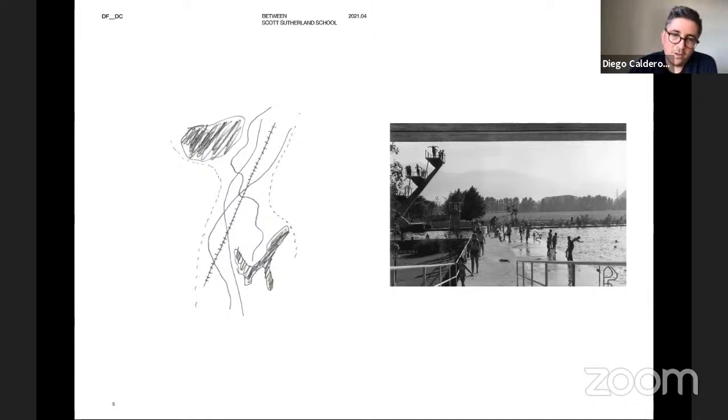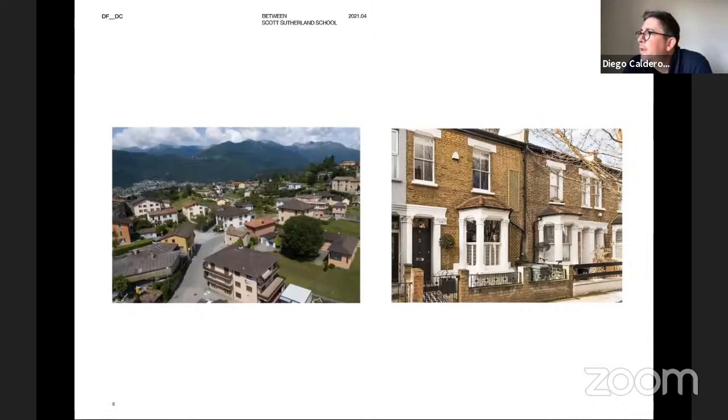So this is more or less who we are. And then after I graduated, I moved to London, a place I had never lived in, to work, precisely for one of my old tutors in Switzerland.